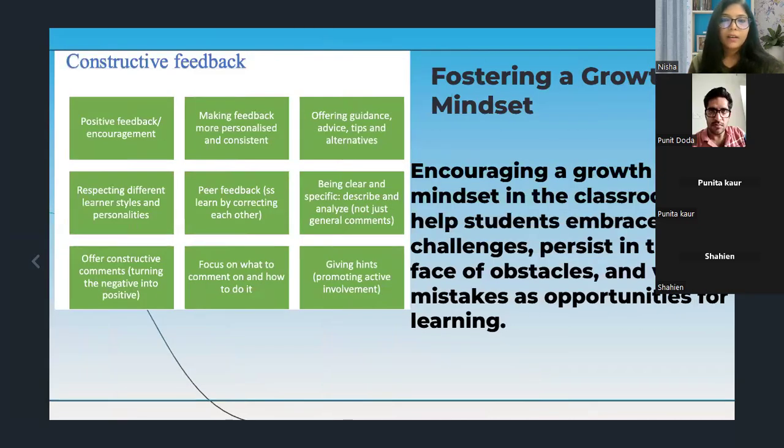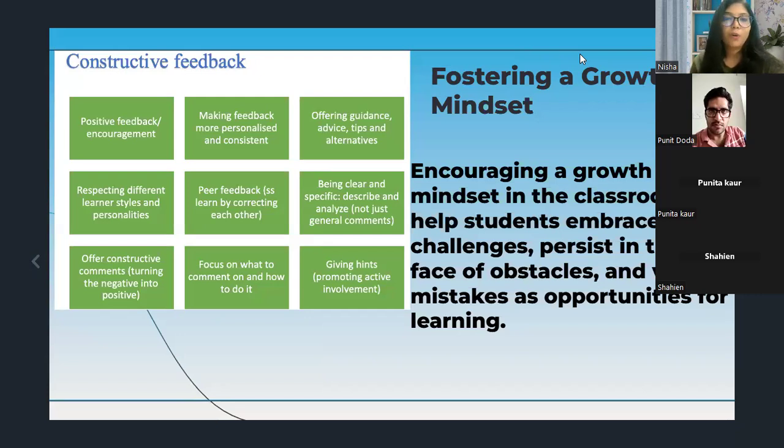There is one most important strategy, that is fostering a growth mindset. So we should definitely encourage our students to foster a growth mindset, which helps the students view challenges as opportunities for growth. Encourage students to embrace difficulties and learn from their mistakes.